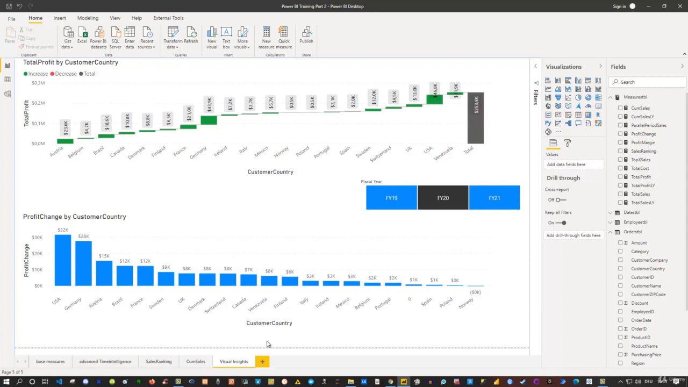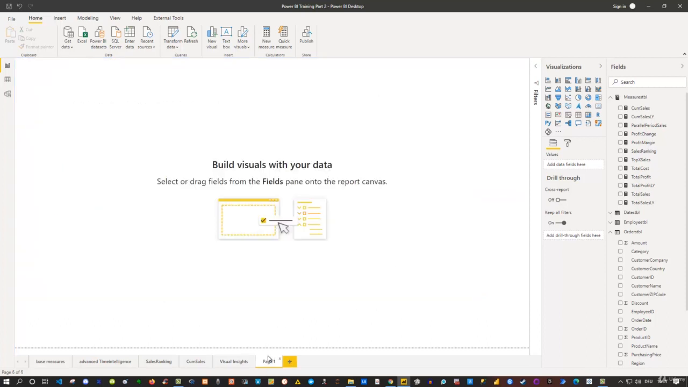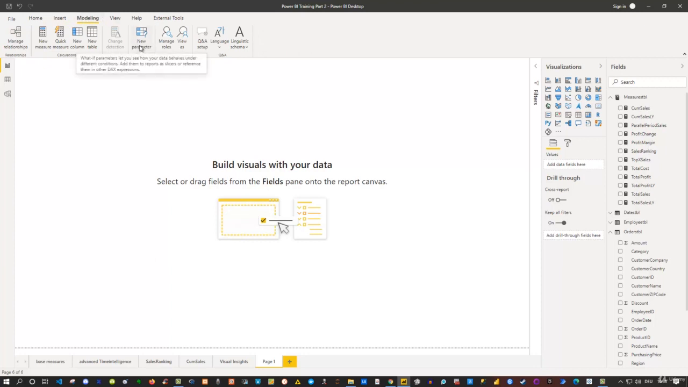So as soon as you've done this, click on the plus symbol to create a new page. Now, for the scenario analysis, we already have taken a look at the modeling view, right? And there is a so-called what-if parameter. Remember, we did this when we did the sales ranking. So now we would like to apply this to do a scenario analysis, considering the amount of sales we have,